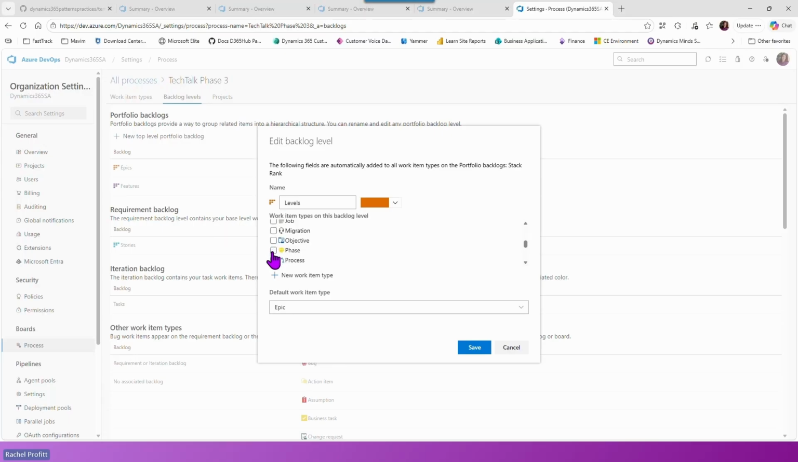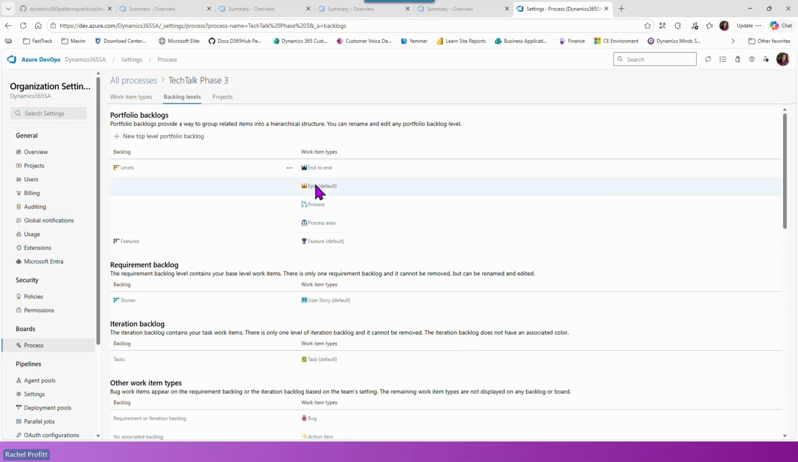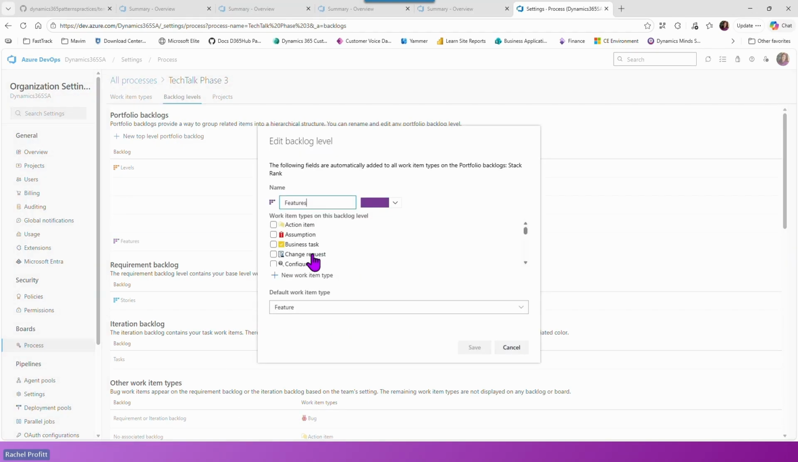It's processes and process areas, I do believe. And so once you've added those, they show up, and then you repeat that process for each one. And so then if you say edit, rename, this one is the lowest. And then you go mark the check boxes next to each of the ones that you want to include in that particular backlog. And I think in this case, it should be system process,